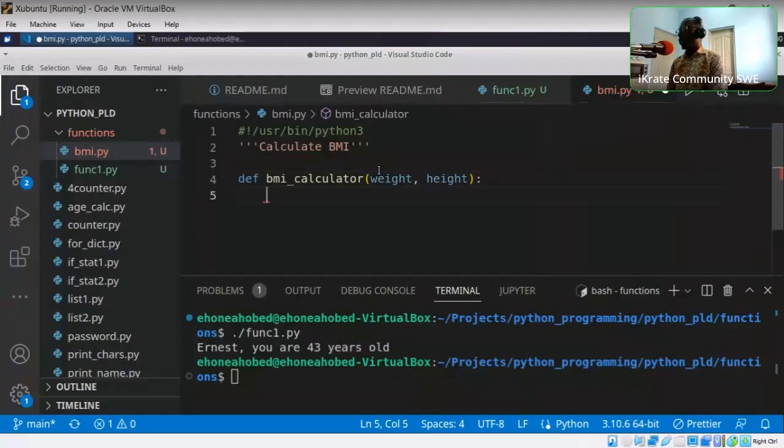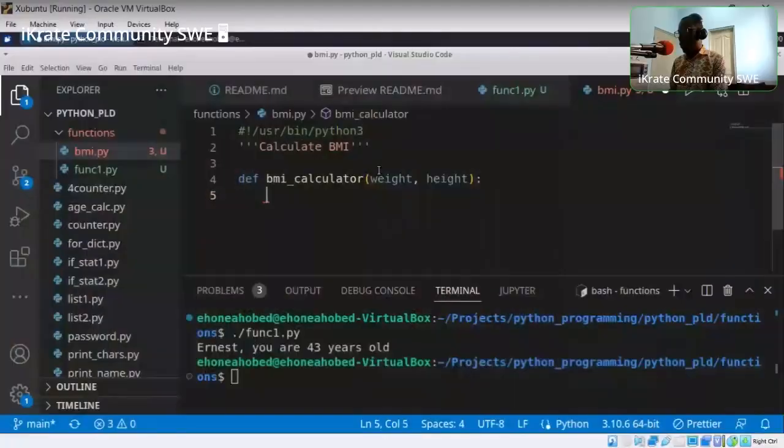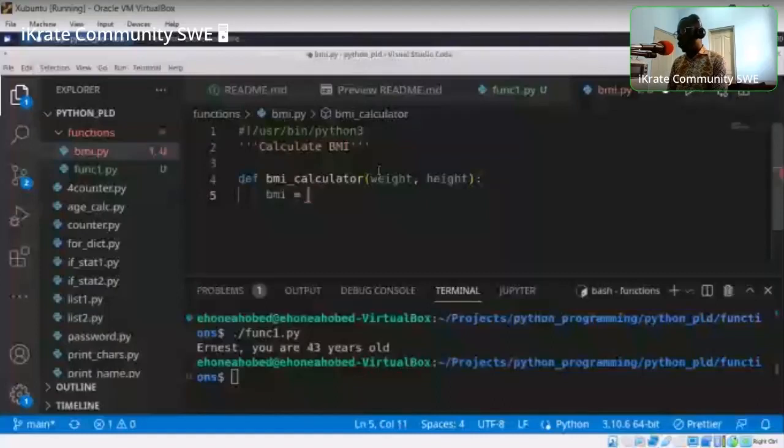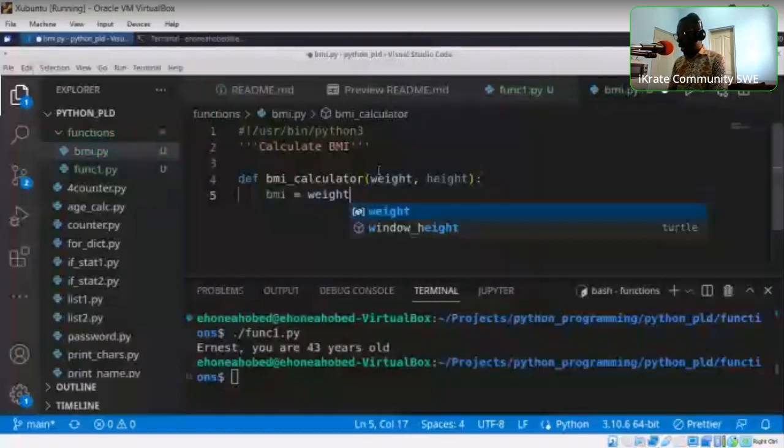Then what are we going to do? Let me call BMI a variable and assign it: BMI is equal to weight divided by